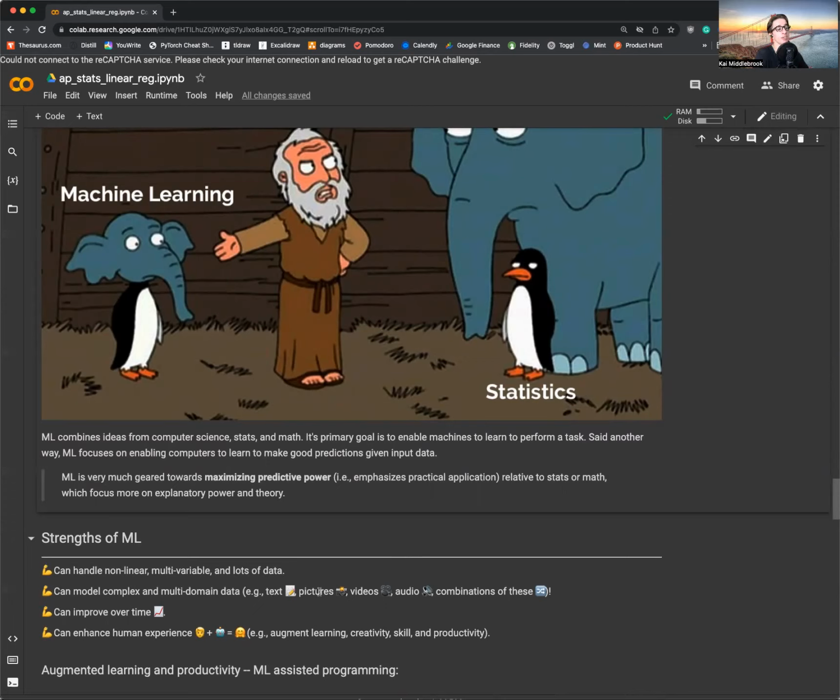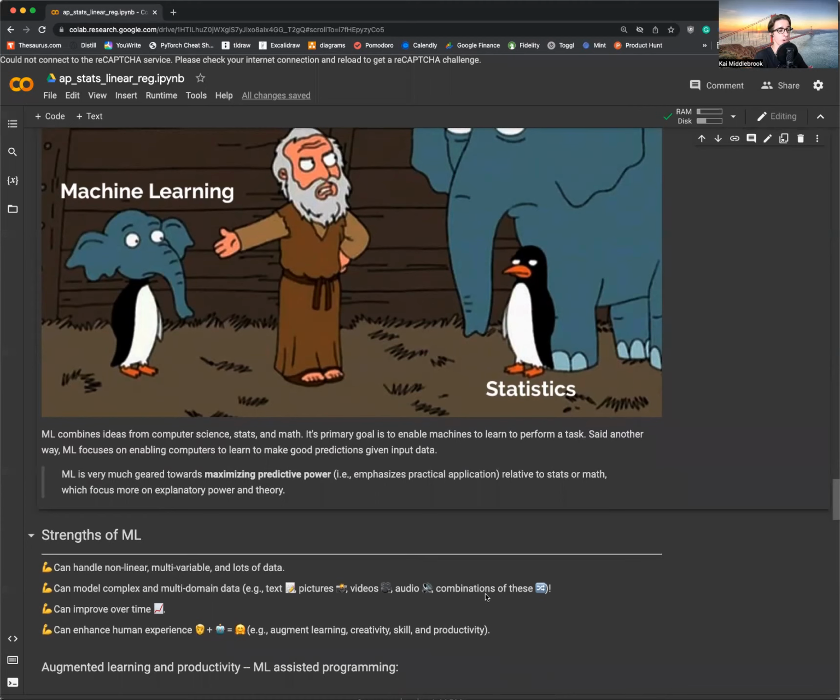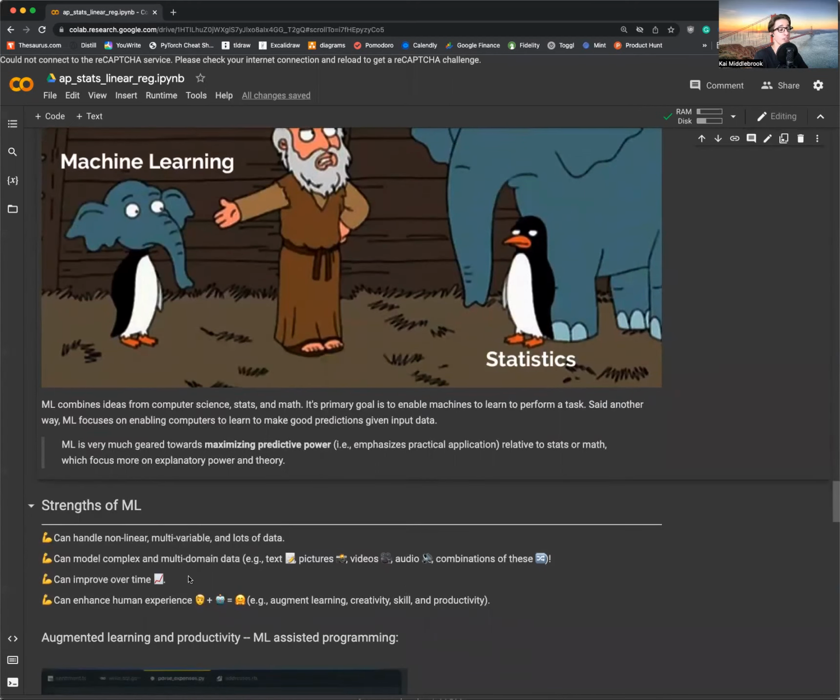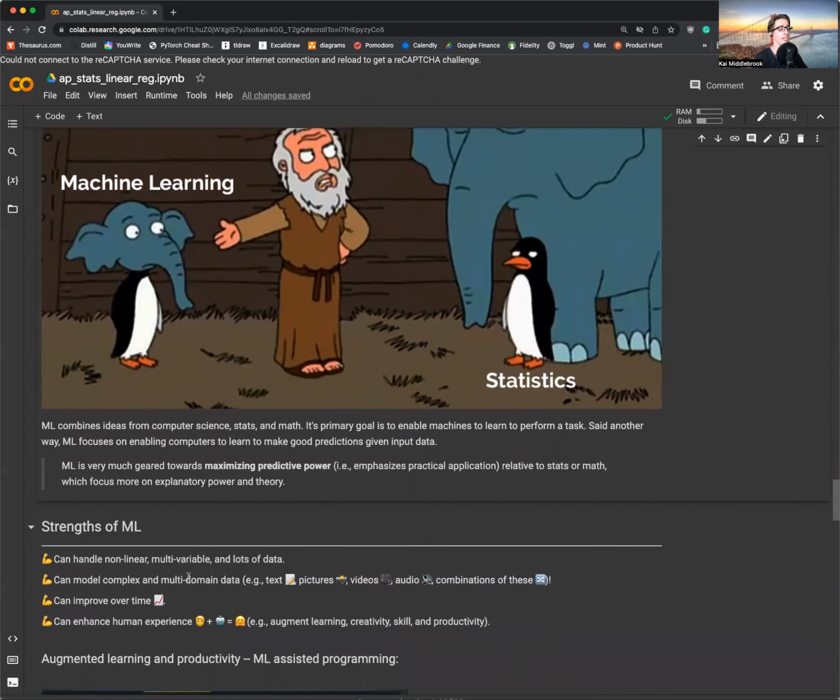It can learn and model picture data, videos, audio, and combinations of all these. So it's very impressive. It can model very complex and kind of ambiguous data. And another exciting thing is it's able to improve over time. So the more data it's fed,